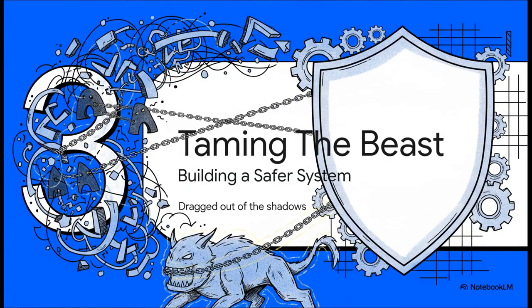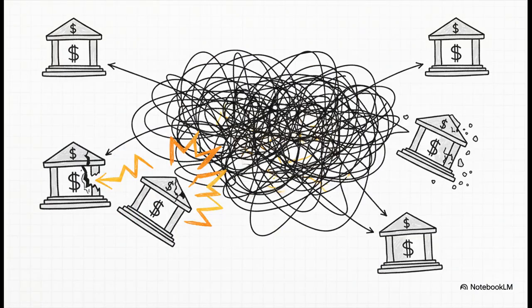Okay, so the chaos of 2008 obviously forced regulators to do something. Their main goal was to drag this whole derivatives market out of the shadows and, hopefully, build a much safer system. You know, before the crisis, the market was just this tangled, completely opaque web. Think of it like a black box. Every bank had thousands of private, bilateral deals with every other bank. Absolutely no one had a clear picture of the total risk in the system. And that meant the failure of just one major firm, like we saw with Lehman, could trigger a completely unstoppable